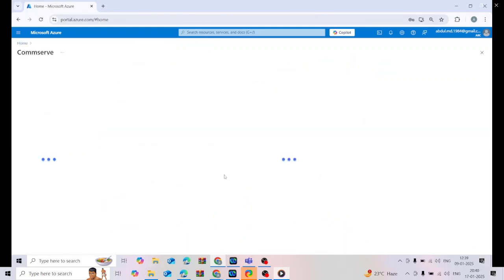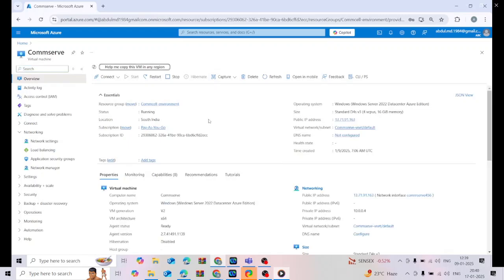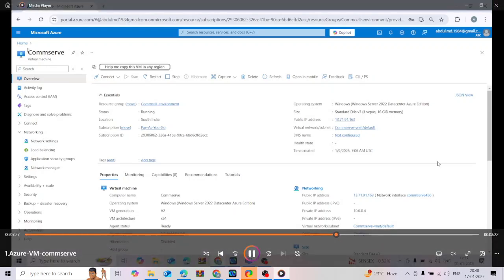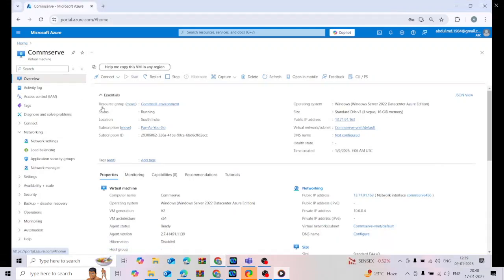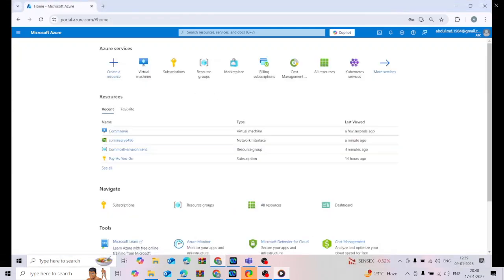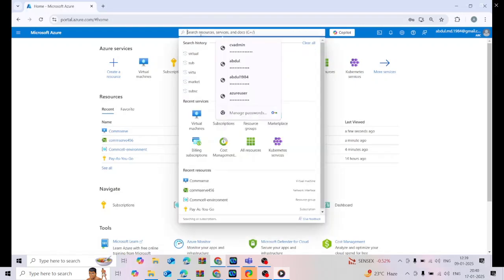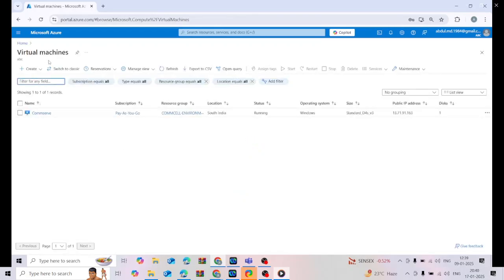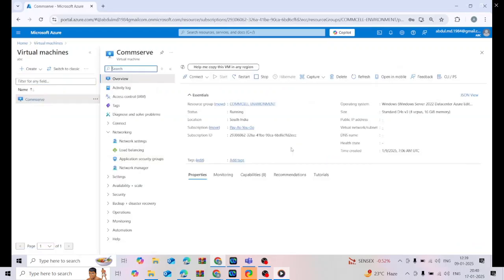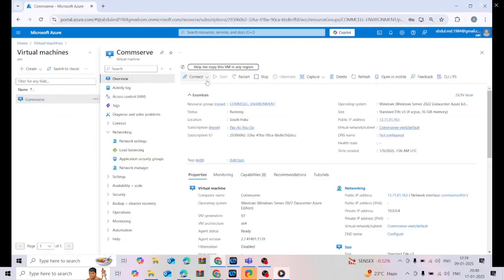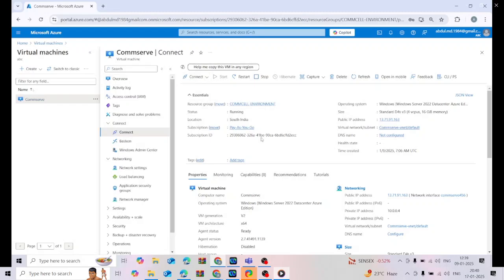Okay, you can go back to home, and then if you want to go back to the virtual machine, so now we are back to the virtual machine, Commserve virtual machine, right? I'm just showing you how you can search the virtual machine. From there, you can type the virtual machine. So here it will display all the virtual machines that you created. So Commserve is one virtual machine we just created. So how can you connect to it? There is a connect option. Click on the connect,